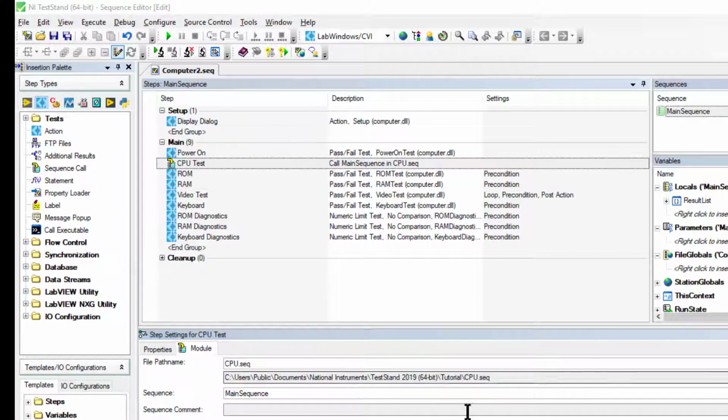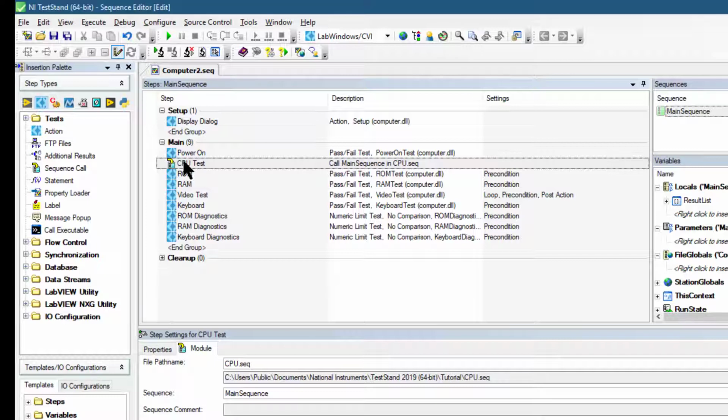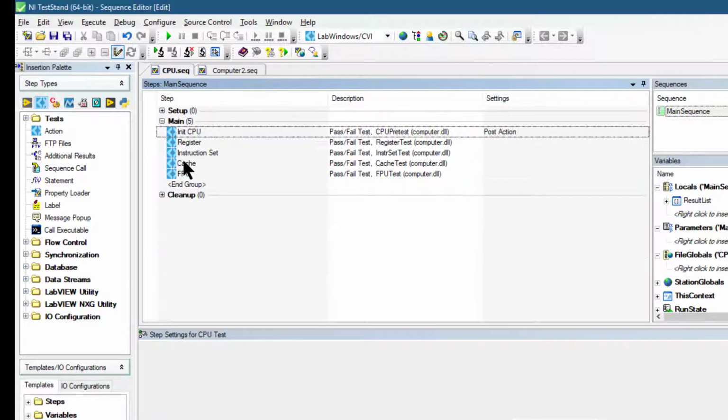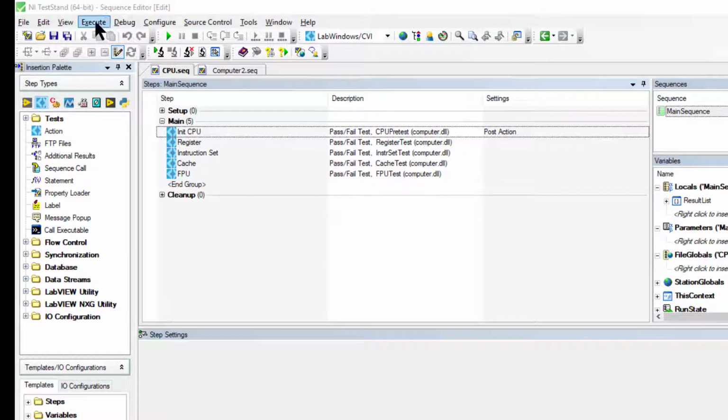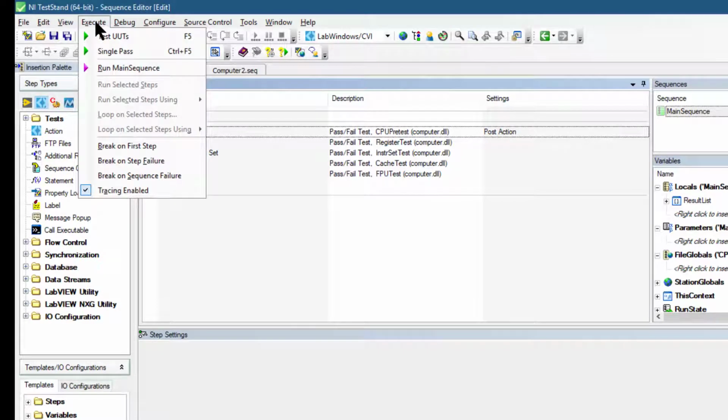Once this is set, let's go to the step and double click it so that the CPU sequence opens up. The main sequence of the CPU sequence file opens up. So let's go to execute and let's select run main sequence